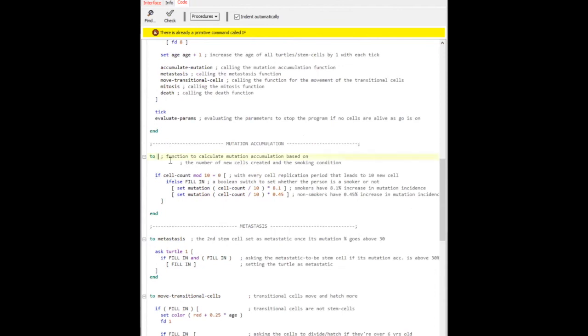Mutation accumulation. So as I named it here, accumulate mutations. I have to use the same name, accumulate mutation. So in this function, based on being a smoker or non-smoker, there's going to be a different math that goes into the percentage of how much you're getting closer to that metastasis mutation threshold. But here, I just basically said with every 10 new turtle cell count, as you guys remember, is counting the turtles basically. With every cell count,